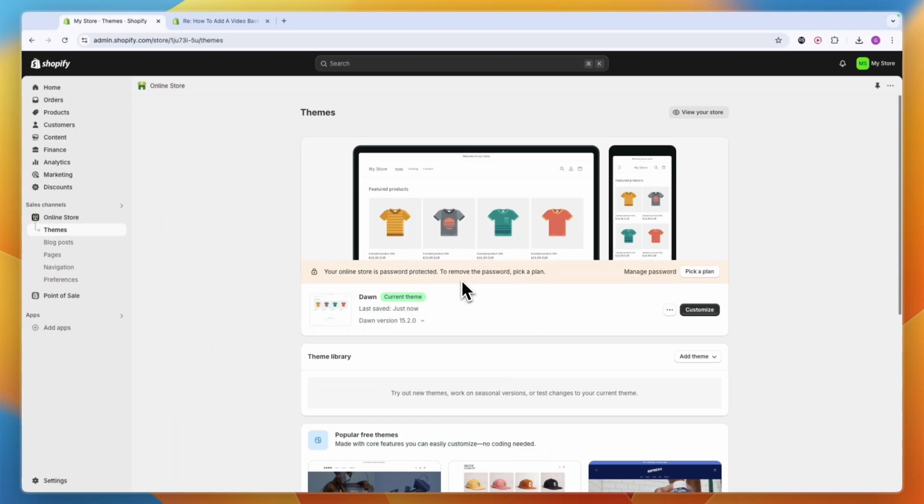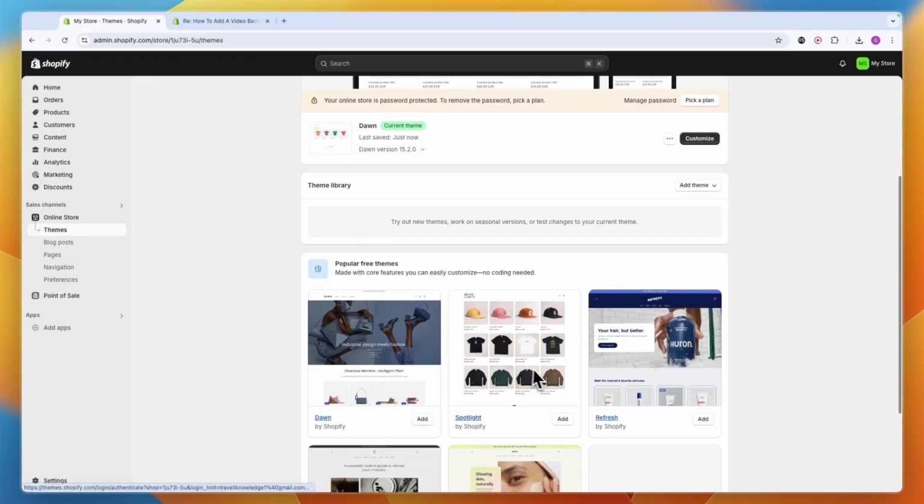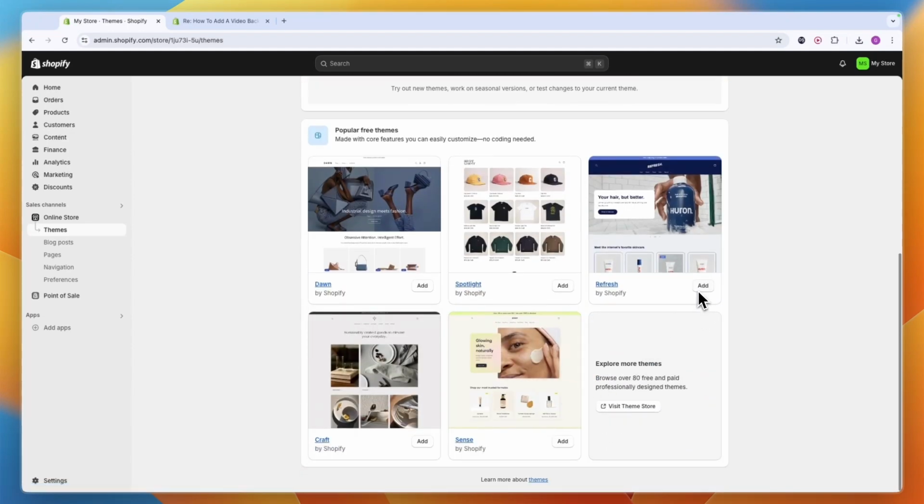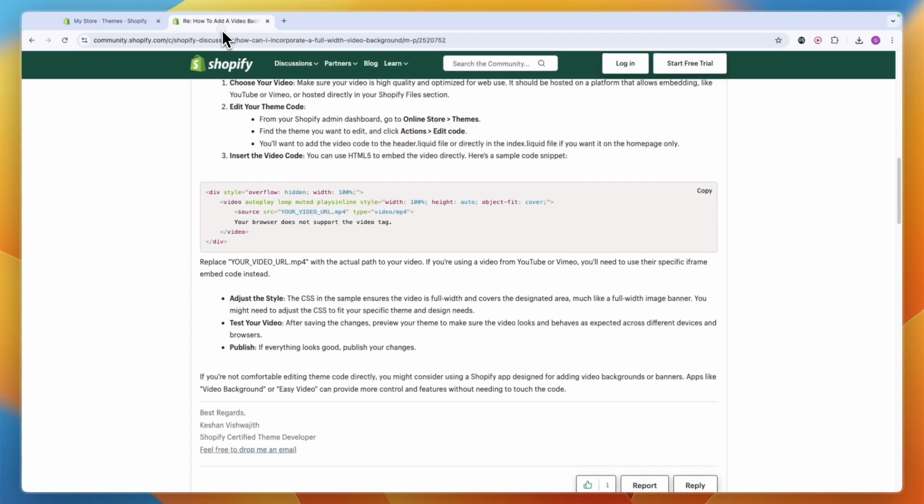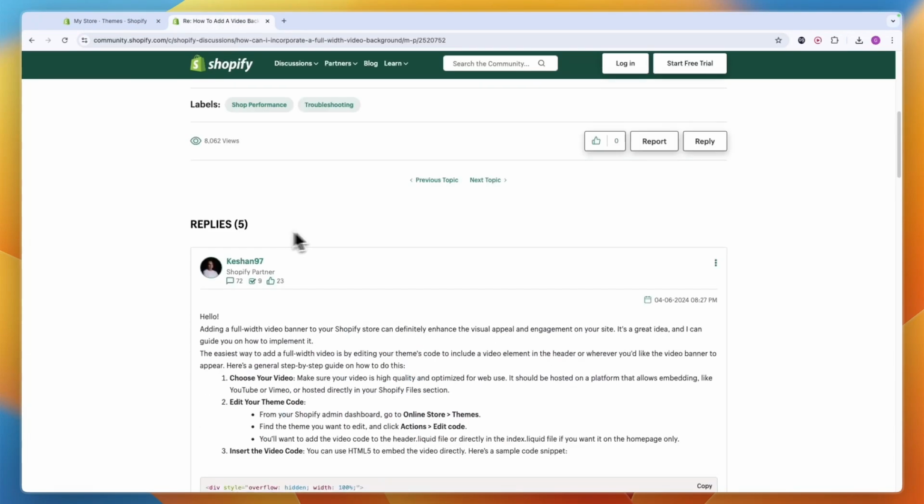Here's how to add a video banner on your Shopify store. So first you want to just pick the theme that you want to add it to. So for example, I'll just take the refresh one right here. Now while it is installing, you can click on the link in the description that will take you to this